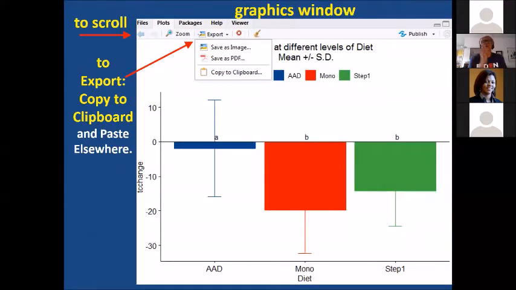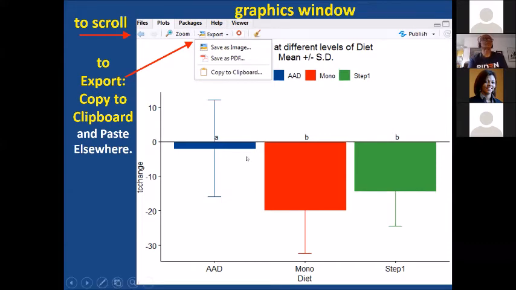And okay, now on to the graph. This is the graph, a bar graph. By default, it gives you mean and standard deviation. I'll show you presently how you can change that. You can have it show mean and standard error, or median and IQR, and so on. But first, we're going to spend some time, I think Sarah was interested in it,